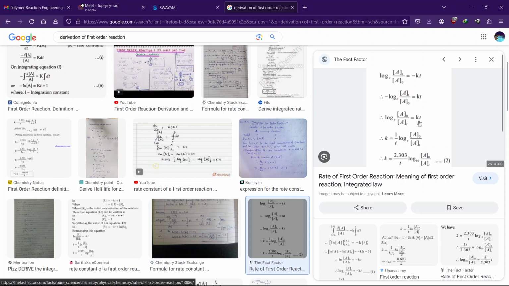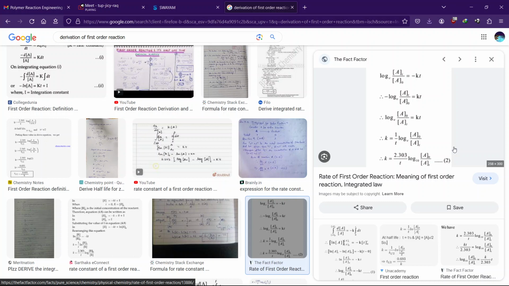Now, whenever you're going for half-life, you have to always remember that in this case, At equals A0 by half. At the same time, on the other side, kt, t will become t half. Now, when you have half, you can cancel out the A naught term, and then it will become